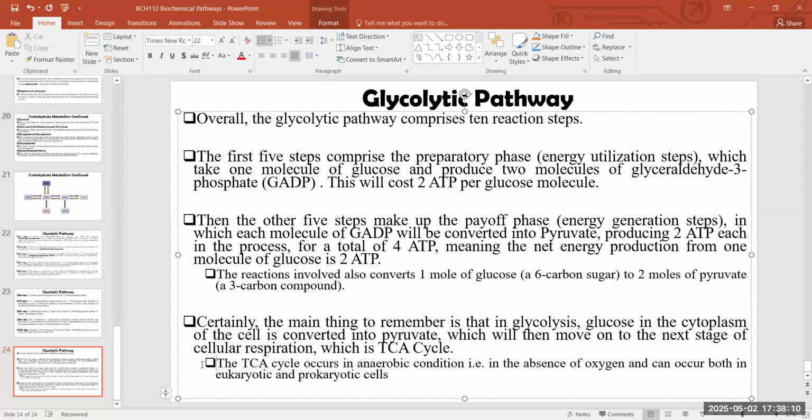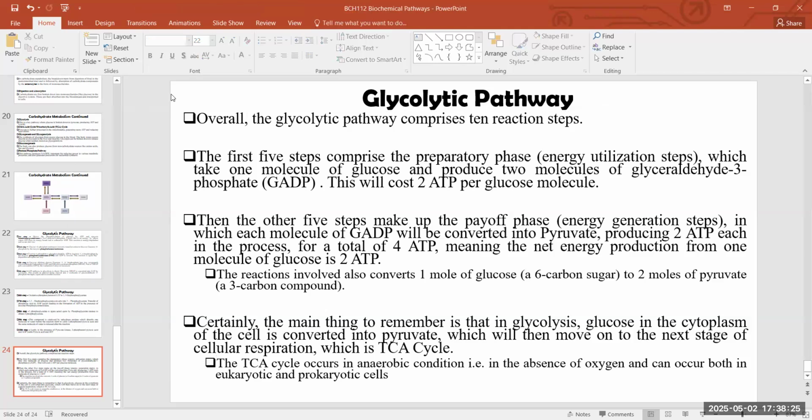So by the time you are able to digest this slide alone, you have been able to summarize whatever happened in the glycolytic pathway. And like I explained before, this is not the end of glucose metabolism or catabolism. This is not the end of glucose catabolism in the cell,